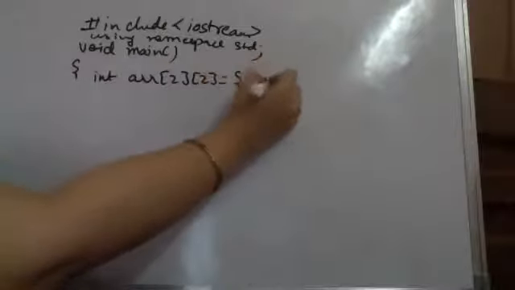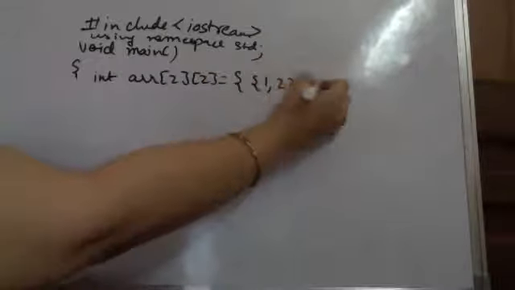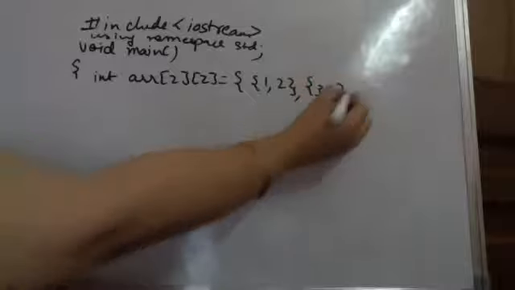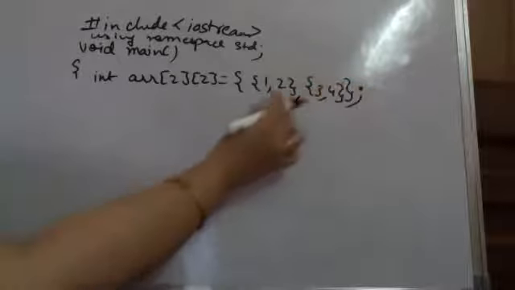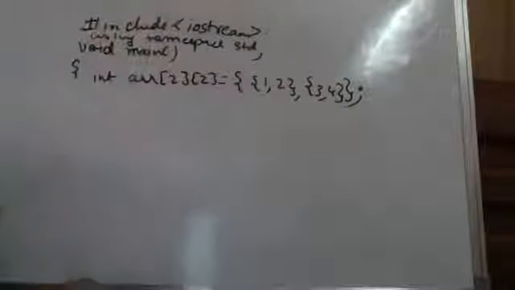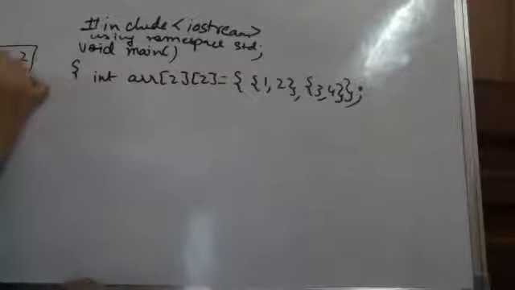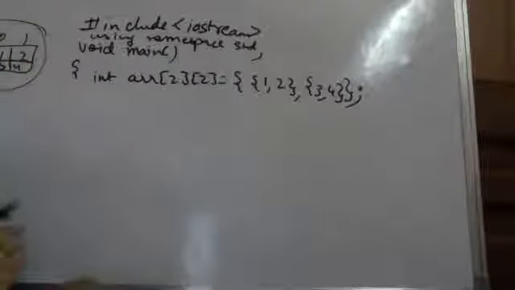And suppose the elements are 1, 2, 3, 4. If I am writing it in this manner, I am only representing this is row 1, this is row 2. So these are the elements of my double dimensional array. They are stored here as 1, 2, 3 and 4. For us, this is the matrix with indices 0, 1, 0, 1. This is my matrix that I have created.